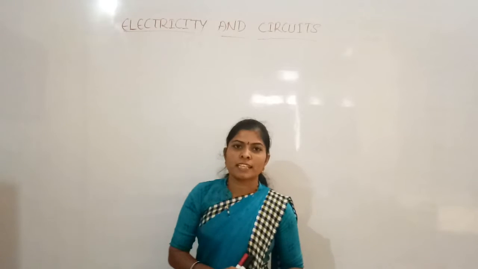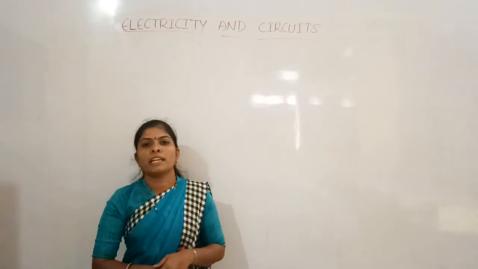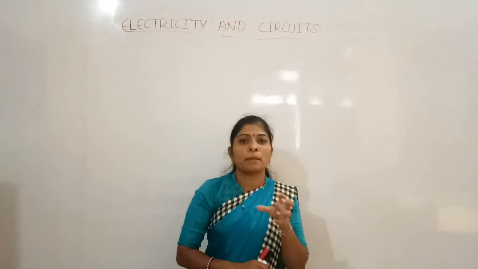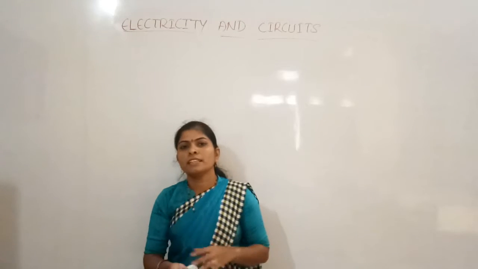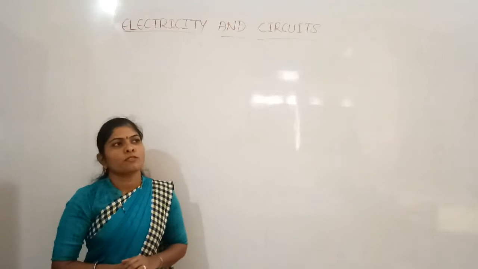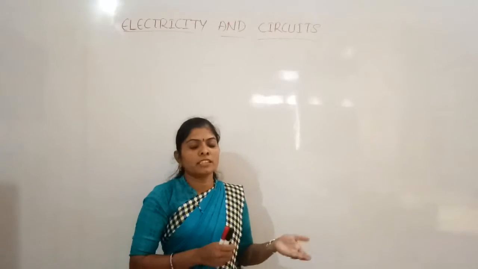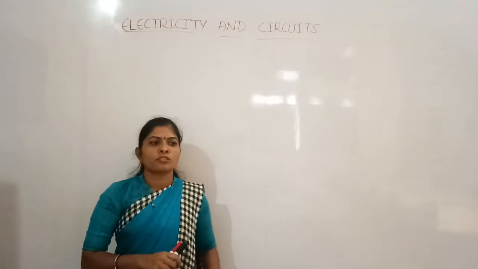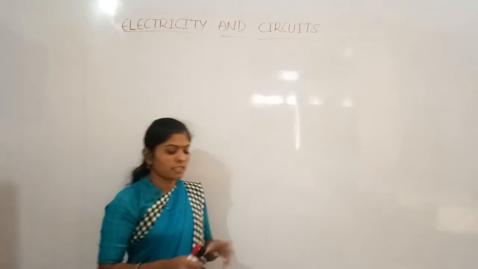What is the electric cell? An electric cell is a source of electricity. So an electric cell has some chemicals in it. Those chemicals will supply the electricity. Those cells will work till they have used up all the chemical energy that is filled inside the electric cell. So an electric cell is the source of electricity.